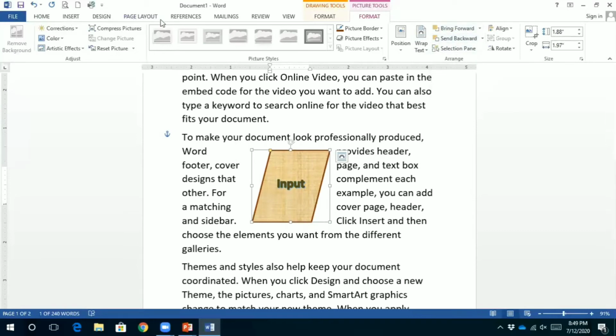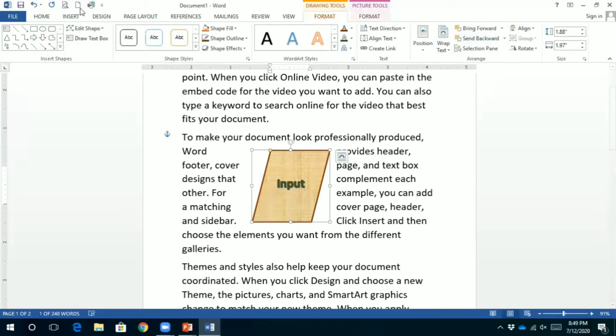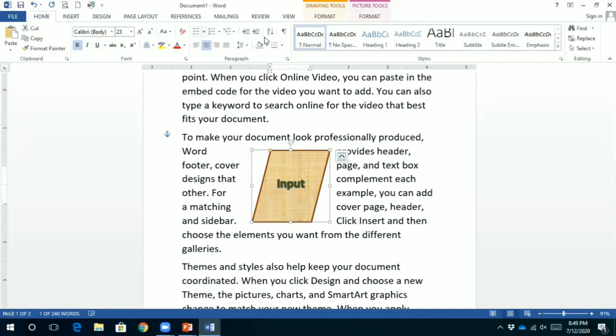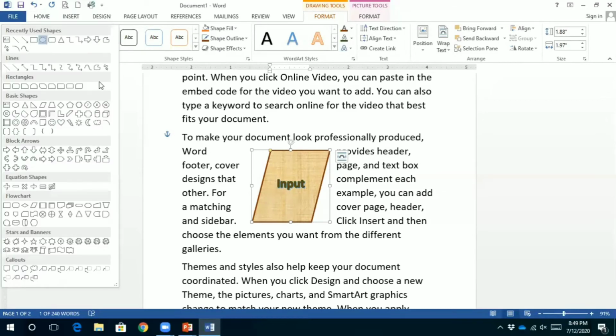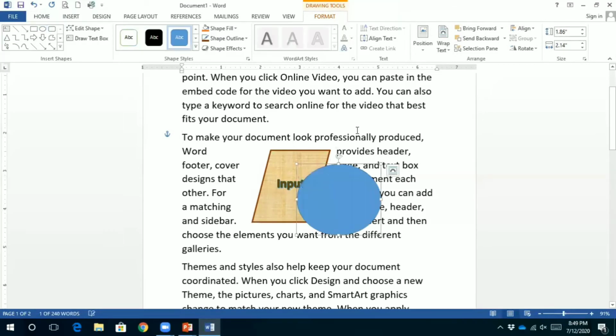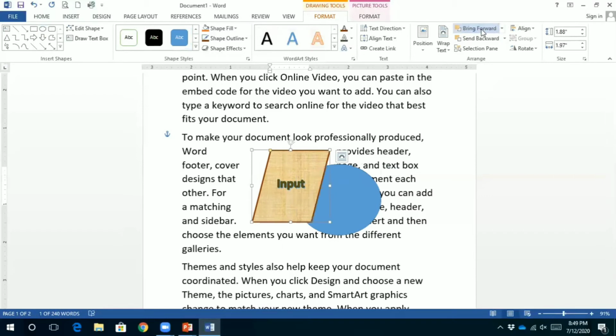These options are for, for example, now I have added another shape like this. Now you can see the bring forward. Suppose I have selected this shape and I have clicked on bring forward, then the shape will come forward. If I click on send backward, it will send my shape to the back.